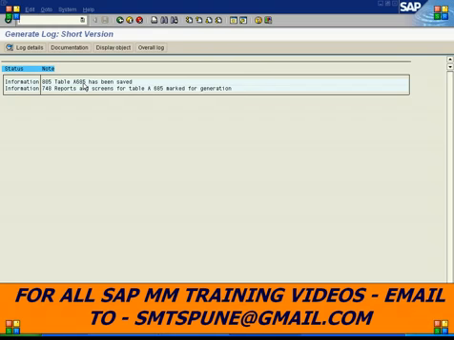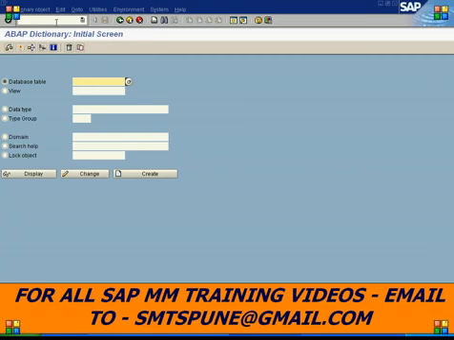This is the database table which is generated, and we can see the table structure in transaction SE11. So if I go to transaction SE11 and select this table, A685, which I just created, and click on display,